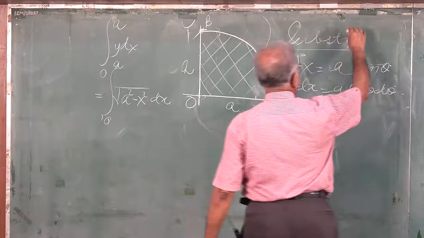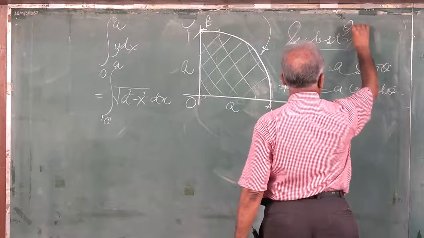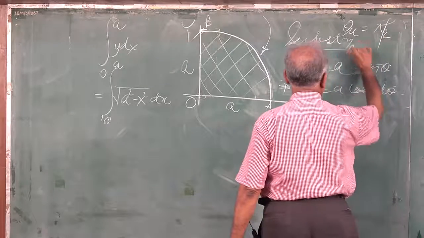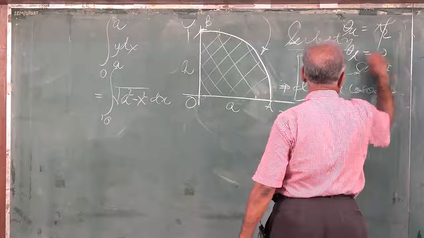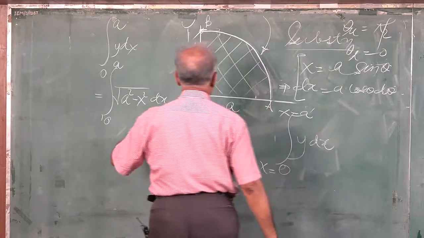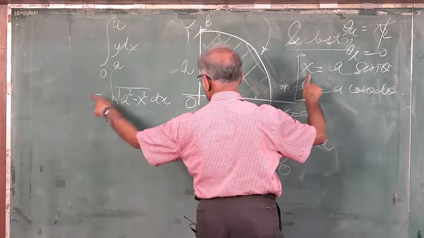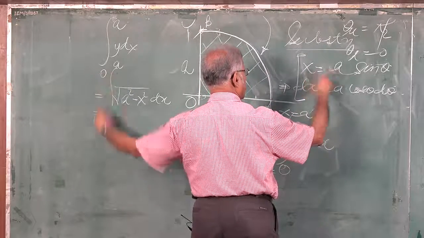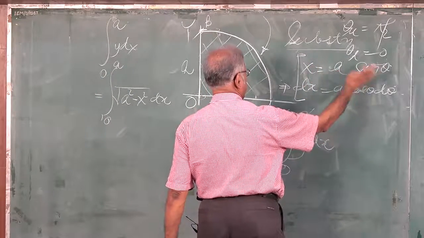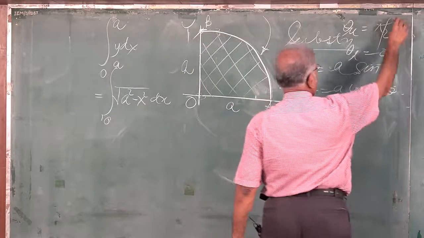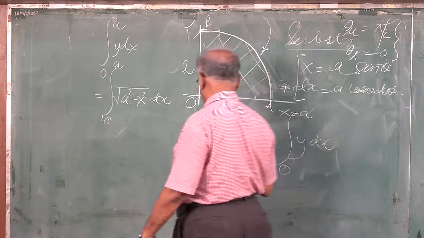So theta upper limit is pi by 2 and theta lower limit is 0, because when we put x equal to 0, the lower limit, a is finite, so sin theta is 0, which leads us to theta lower limit being 0. Hence, after substitution,